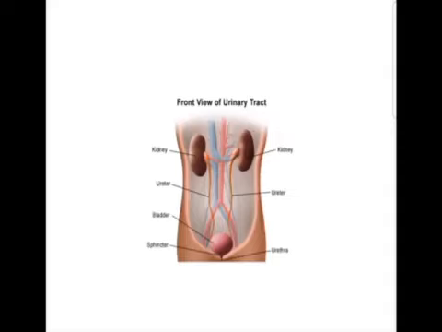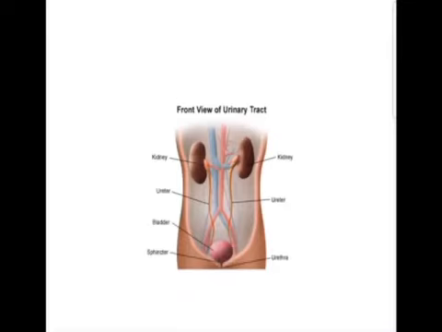My dear students of second year MBBS, today I am going to start with the urinary system. And as you know, the urinary system consists of two kidneys, the right and left, and there are two ureters which are receiving the urine from the kidneys, and then these ureters are descending down, entering into the urinary bladder.